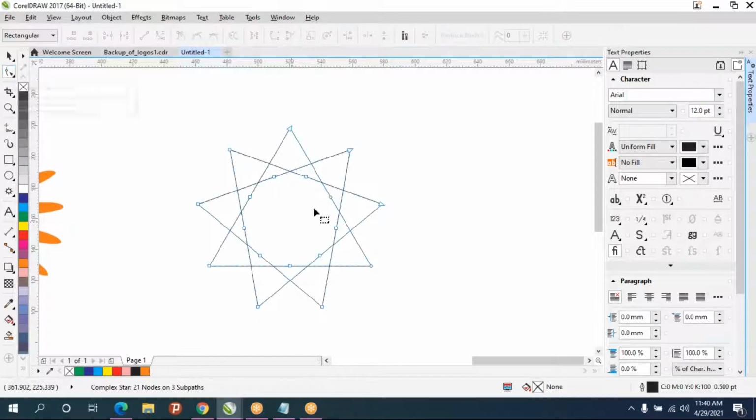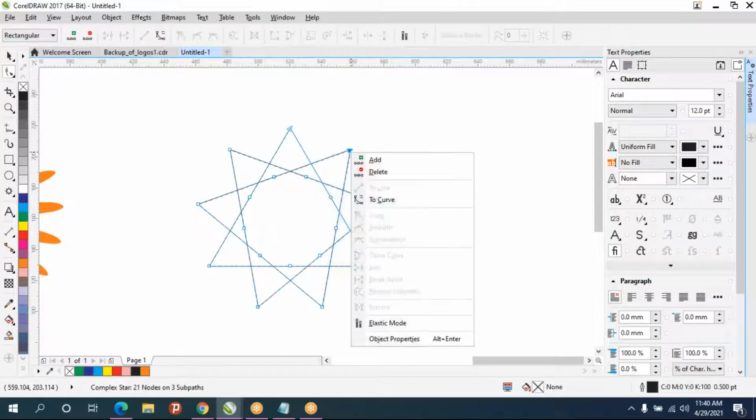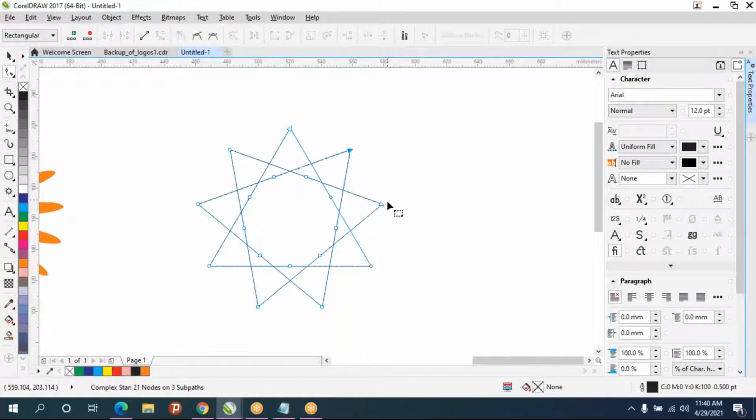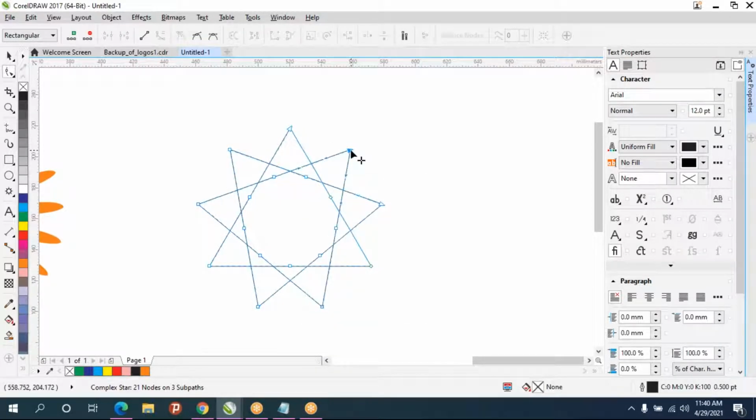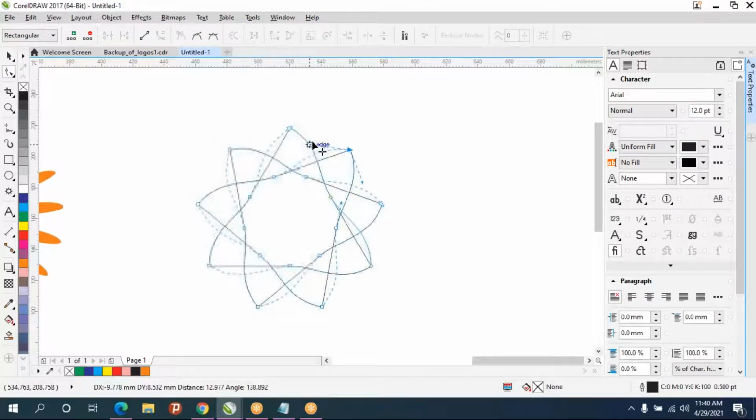Take the shape tool and the point, right click on it, convert to curve, like that. Make it a curve, and for the inside point also convert to curve. And now you adjust the points. And this point also, same thing.